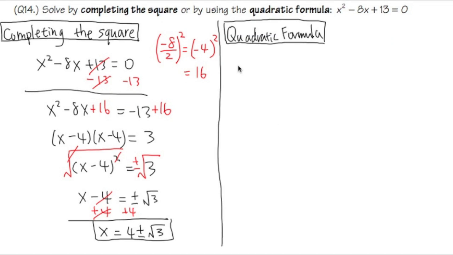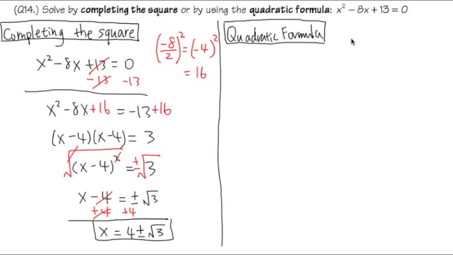Now let's go over how to use the quadratic formula to solve this quadratic equation for number 14. And hopefully we should get the same answer as the one that we got earlier with completing the square. Alright, our first job is to make sure our quadratic equation has one side equal to 0, and we do have that. And in order for us to use the quadratic formula, we have to determine the value of a,